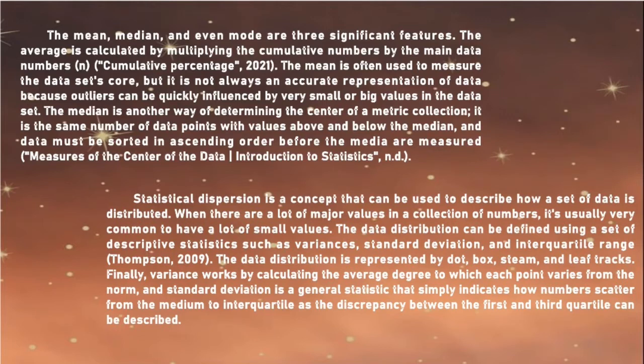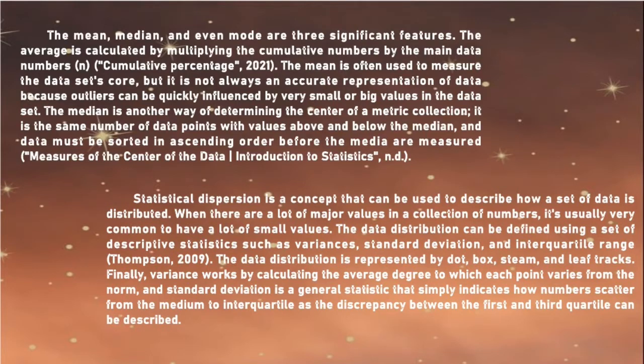The mean, median, and mode are three significant measures. The average is calculated by dividing the sum of the data values by the number of data. The mean is often used to measure the data set score. The median is a way of determining the center of a data collection, and the data must be sorted in